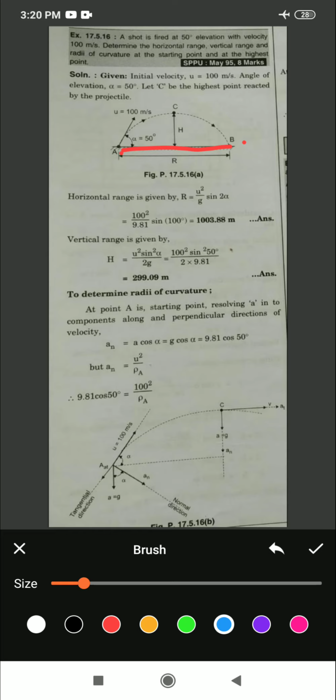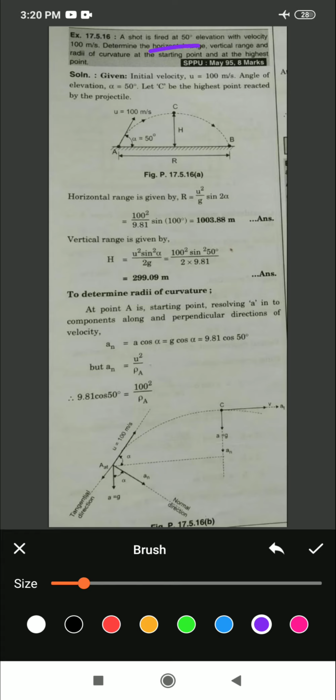Now, a particle is projected from the point A towards the point B in this manner. So, to that condition, the velocity of projection is u, which is tangential at point A. The initial velocity is given as 100 meter per second and its inclination with the horizontal is alpha, given as 50 degree. By using this data, in the question it is asked to find out